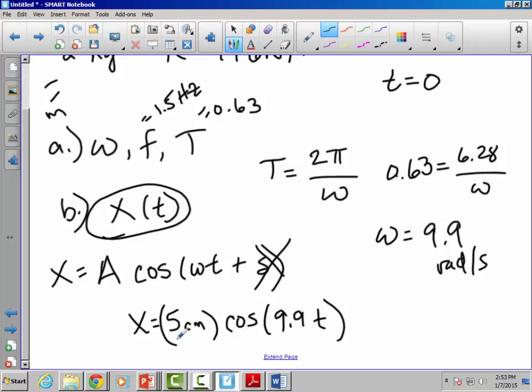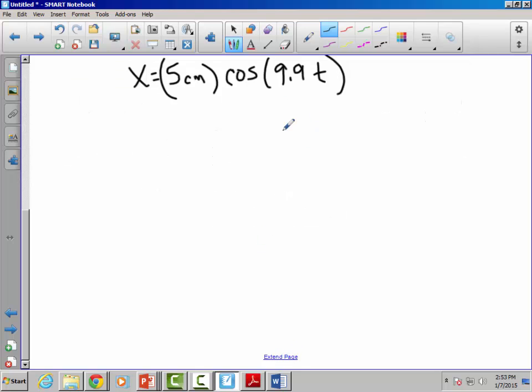We could go a little bit further and do some work with the velocity here. So what is the maximum speed of the object? Let's look at that. Same object, same position expression, but now we're going to focus on what is the maximum speed of the object. So remember that the maximum speed is going to occur at this particular moment, right? When the sine of the function here is 1, that's when we're going to have our maximum